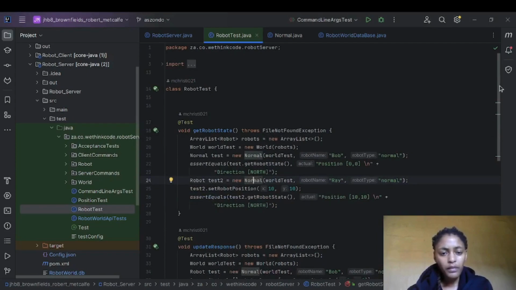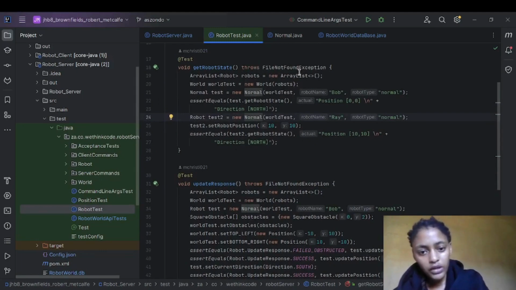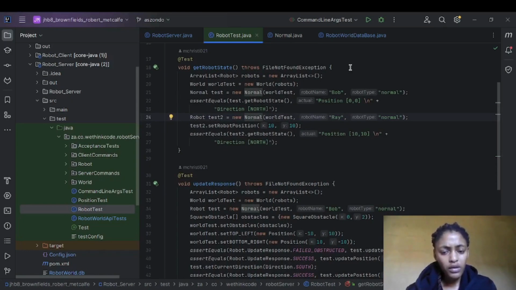To test for our program logic part, we would actually go through the robot test. In this test, we are testing for the robot states. We want to see what actually shows whenever you want to see the robot states. As you can see here, you have to get an array list of the robots, and then actually the world, and then in that world you add the robots, and then here you launch a new robot, you name it Bob, and its type is normal, and then you give your robot a position, and then you also give it